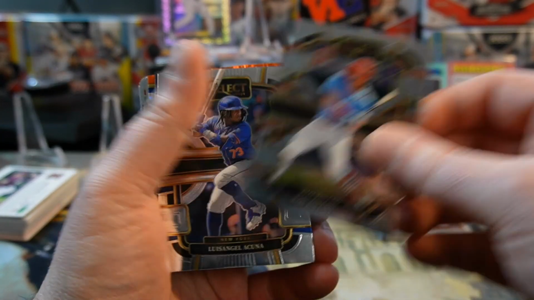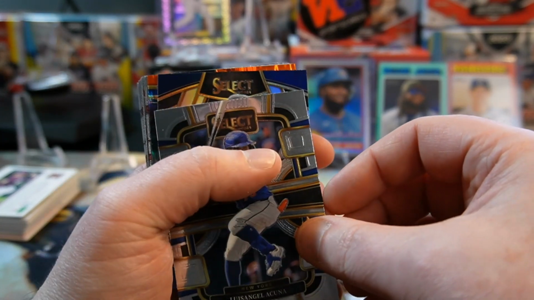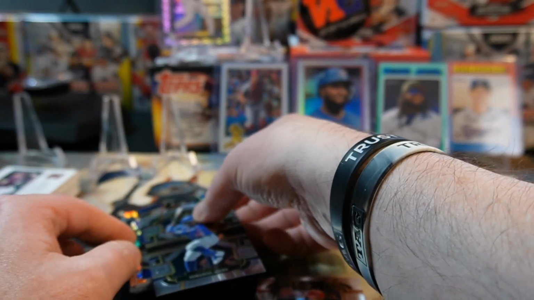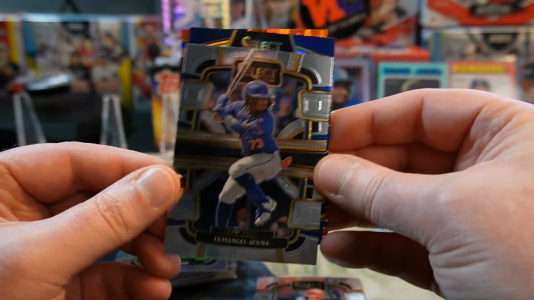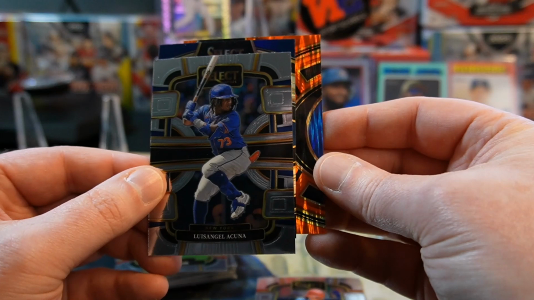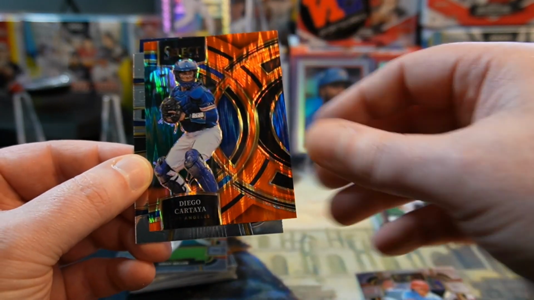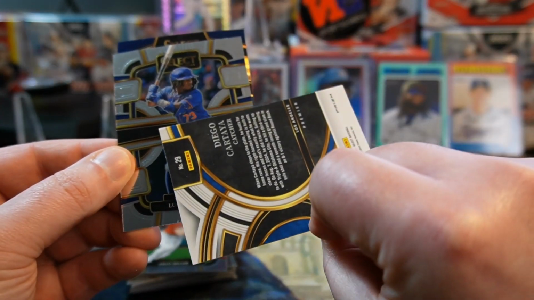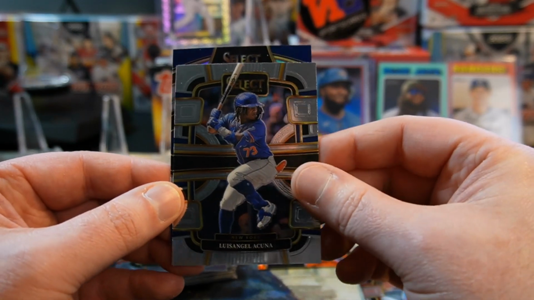There's Juan Bin Cho, Luis Angel Acuna. That's actually pretty nice. Ooh, what's that? That's interesting. We got a couple nice hits in a row here. Well, let's go from the back first. We'll see what this Orange Flash is. That is Diego Cartaya. Don't know much about him, but that is a premier level, and that's probably a decent hit. And then on the auto,